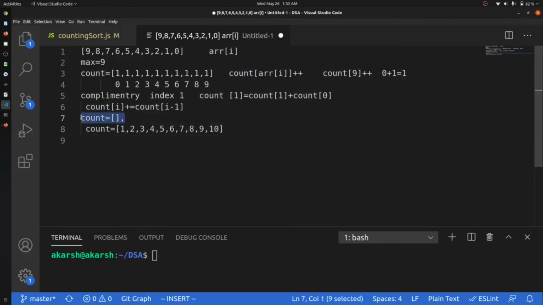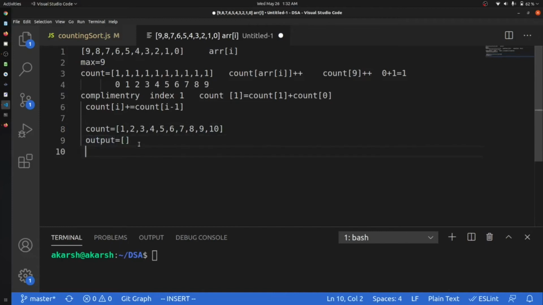Now we will say that we are at the 10th index. We will start from there, and we will have an output array. We will go to index 9, and we will find 9 from here, and then we will put that value in the output.